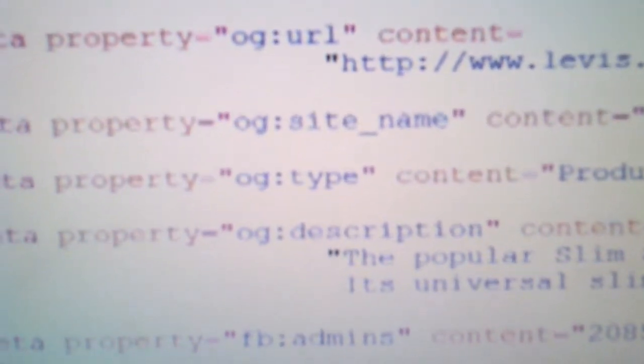The fourth one is a type. Back on that developer's site, on the like button documentation, we list all of the open graph types. I think there are about 30 types. So just look through those types and pick out the one that best matches your object. Facebook uses these types to know how to organize the user's profile. For example, if a user likes something that's typed music, we know to put that in the music section